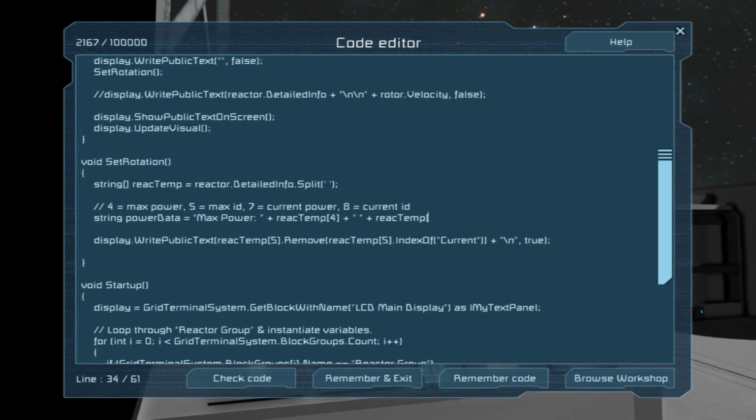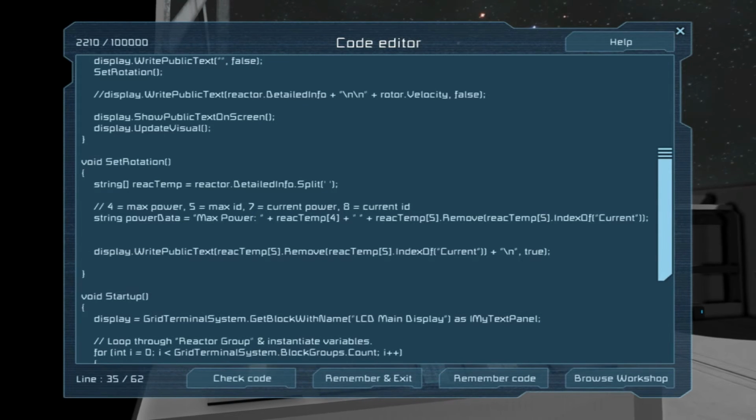I'm wondering if we should actually... Nah. I was wondering if we should actually put all of this in a string of its own, but I think I'm going to try and leave it this way. And then we'll do, let's close that for now. And then power data plus equals new line.